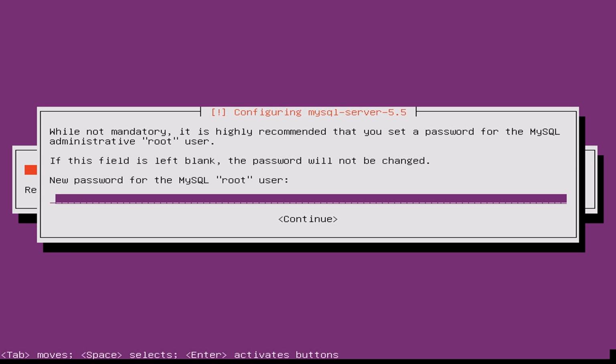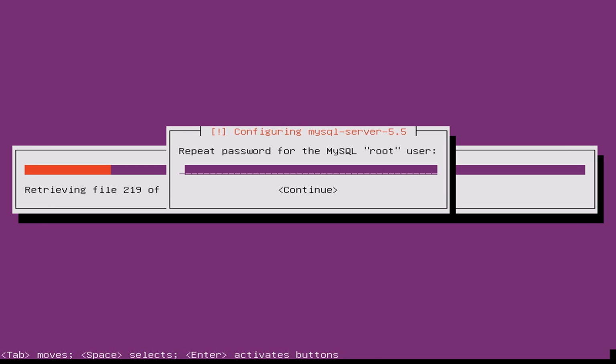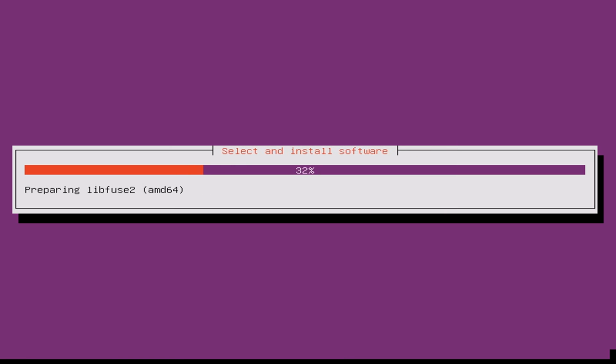It's going to retrieve the options and it's going to now ask me for the new password for the root account of my SQL database. So I'm going to specify a password for it, and note that this password is really important, so you need to write it down somewhere, because the Zabbix server will connect to that database to store information, so it will need that password. So I'm going to specify a password, press continue. Again, repeat the password to make sure it's the same,